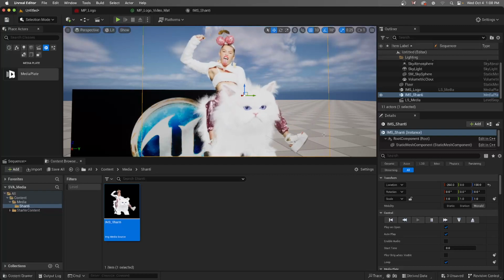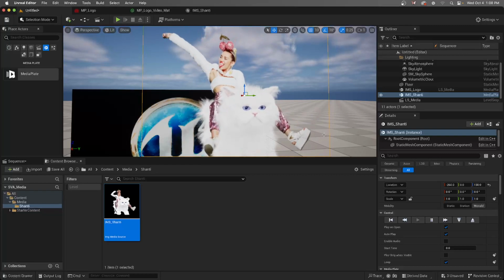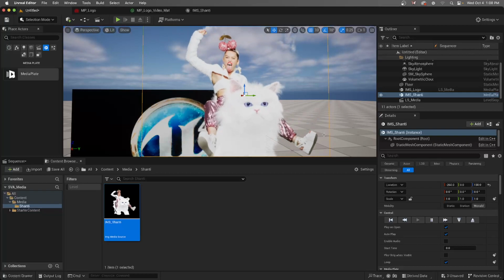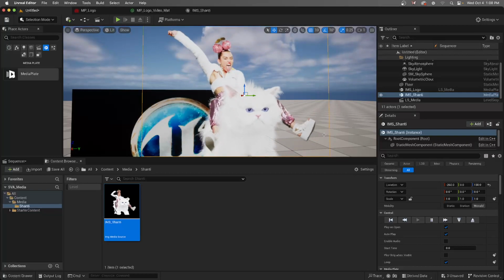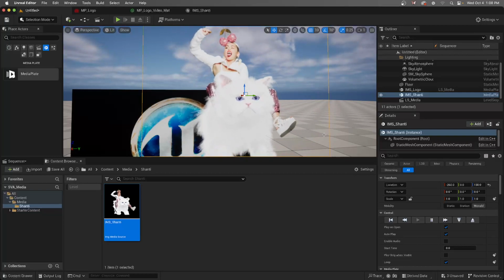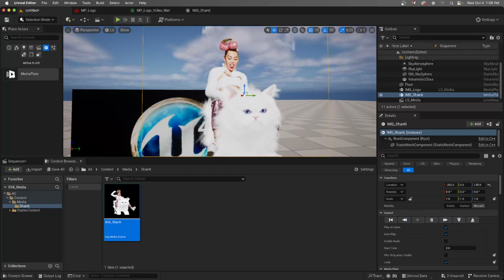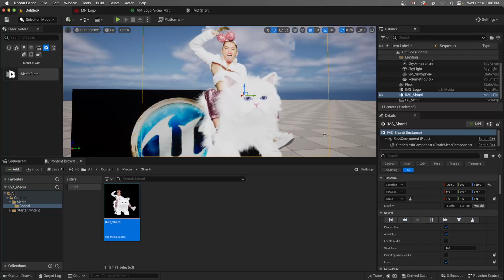There's a big reason that we use image sequence files in Unreal Engine rather than video files. Unreal Engine will open video files. It will open MP4s, it will open MOVs, but if you try to render them